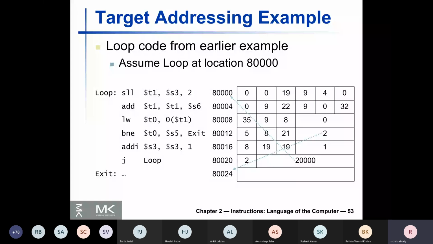However, if the branch-not-equal condition succeeds, that is, the register contents are unequal, then it suddenly branches to the location Exit, which is 80,024 and not 80,016, which means not in sequence. There, by force, the PC address is overwritten, so that in the next clock cycle, the actual execution can start happening at 80,024.